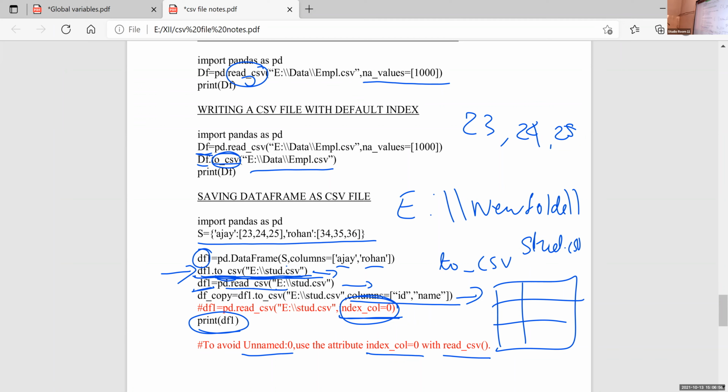If you want to ignore that index after concatenation, use ignore_index equal to True. Then it will remove the index. That is one of the options related with concatenation.